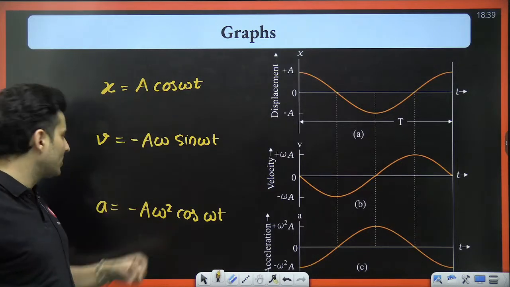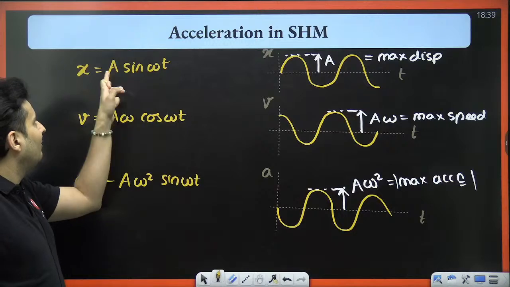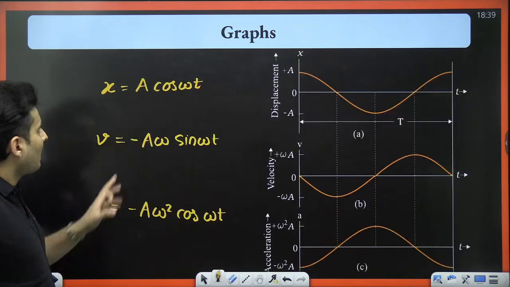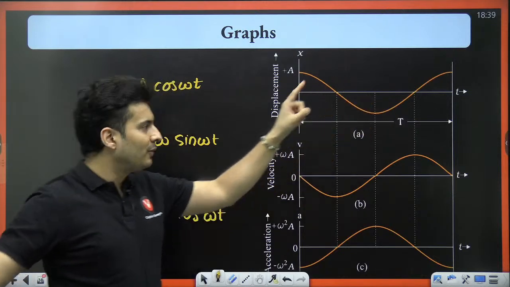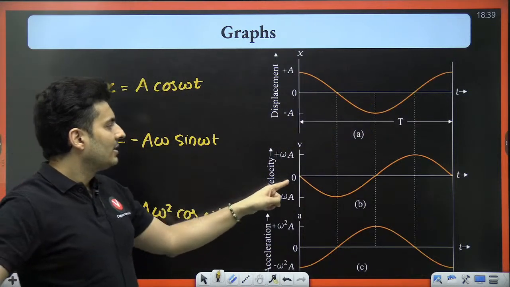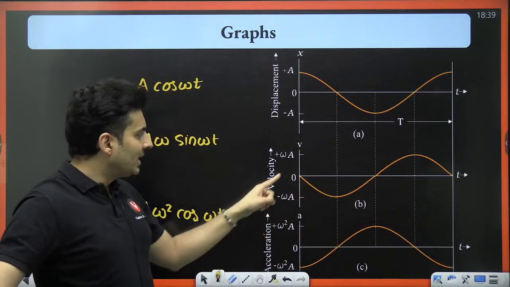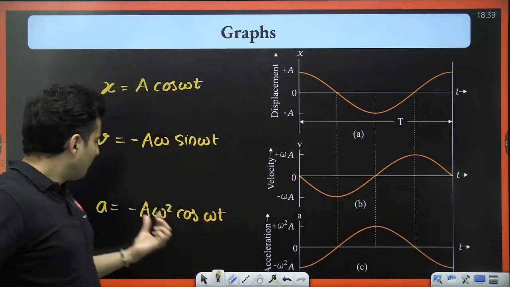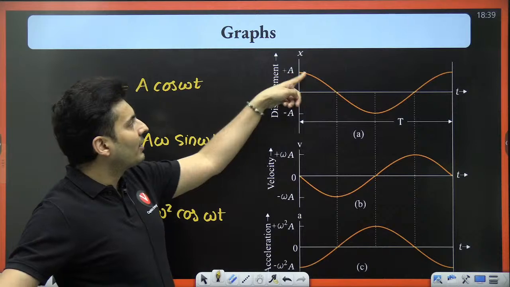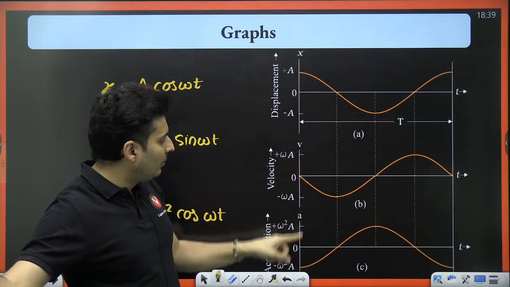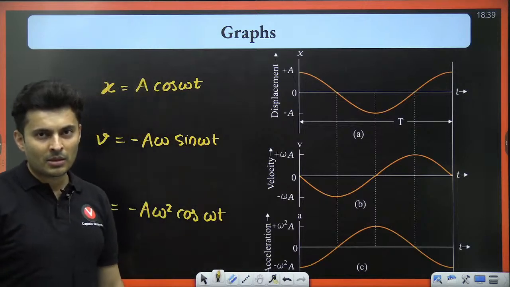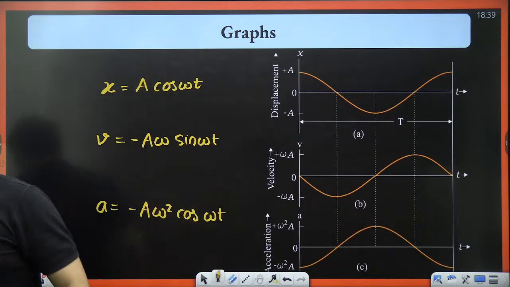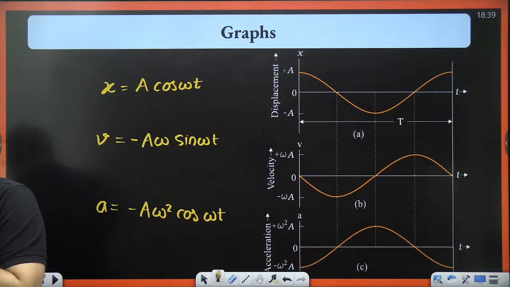If you start with a cosine function, or if you start with a sine function, then it looks like this. You can see A cos means the maximum value, it will start off with. Then minus sine is down and up. Minus cos, so whatever the cos graph was, exactly opposite. You start from negative maximum, then go up and then down. Okay, so that's how the graphs will vary, my dear warriors.